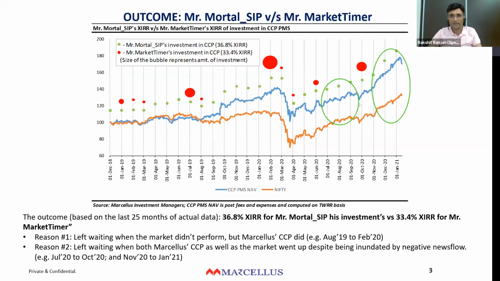Because if you look at 1st October 20, CCP NAV was 120, 130, somewhere around that. In early Jan, it was at around 170. By the middle of Jan, somewhere around 180. So it has gone up by around 30-40% or thereabouts. Despite that